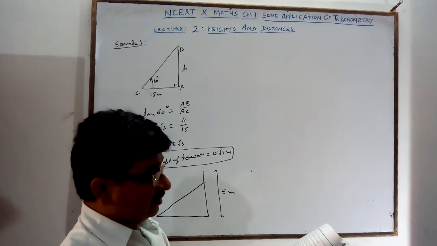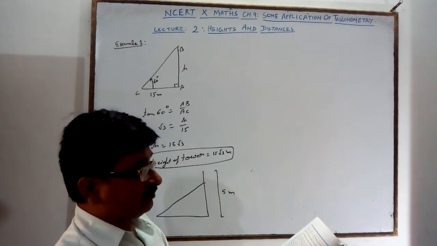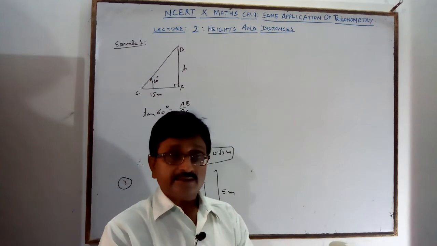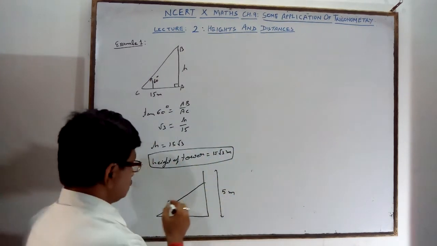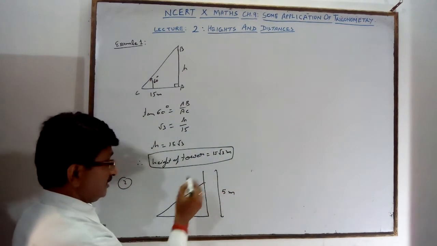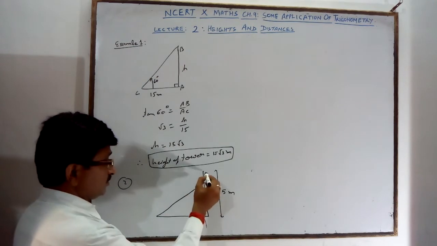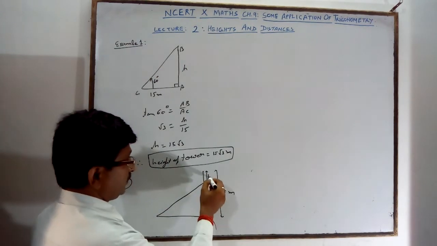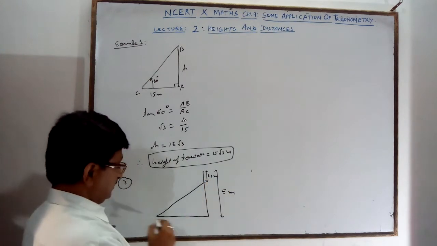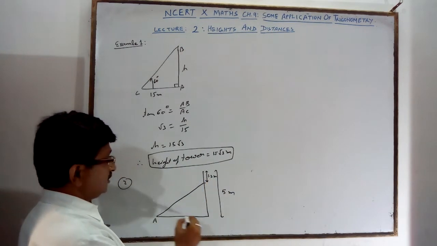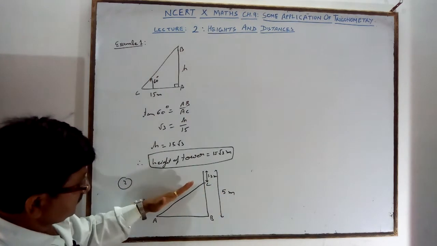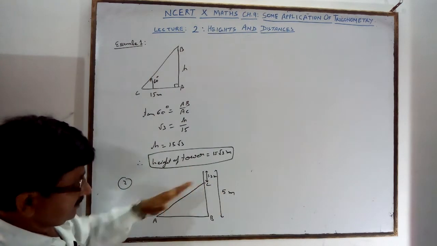What is it? 1.3 meter below the top of the pole, for undertaking the repair, because there are wires. So from here the electrician will repair these wires. So it is 1.3 meter. A ladder you want to place, A, B, C. The ladder will be like this. You are putting it not here, it will be here.